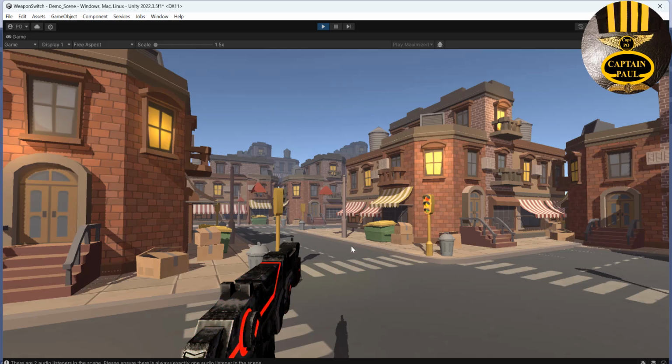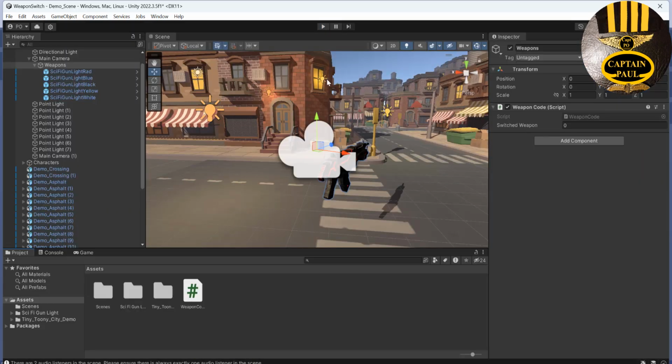That is correct. Okay, you can see the various weapons there. I'm able to switch between the weapons. Okay, just to prove to you that the mouse wheel is working. So now, supposing the end user wants to use